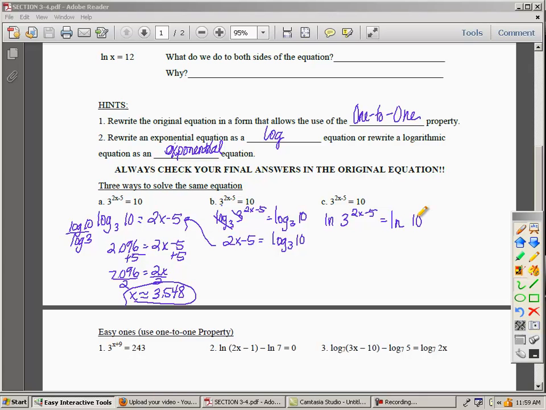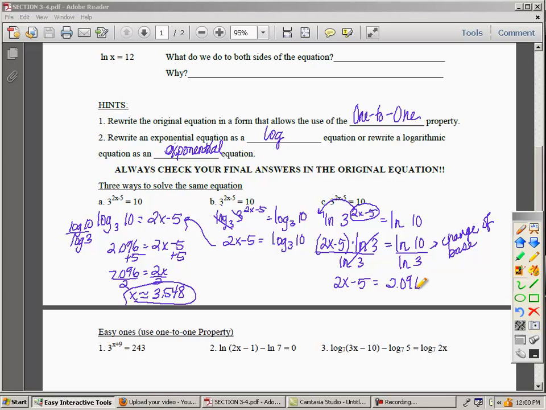And then here's what happens. I could use my exponent rules to bring this down in front. So I could have 2x minus 5 times the natural log of 3 equals the natural log of 10. And I could divide by the natural log of 3. And this here is, again, the change of base formula just in terms of a natural log instead of a log. And so you're left with 2x minus 5 equals, and that decimal again was 2.096,